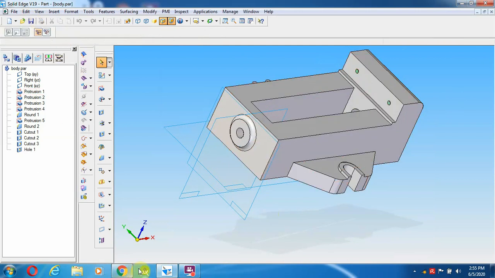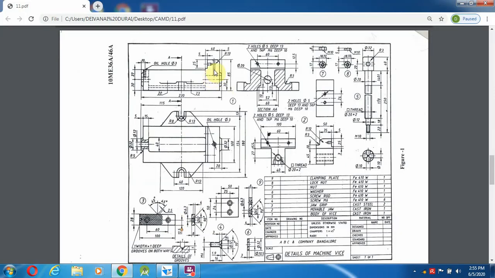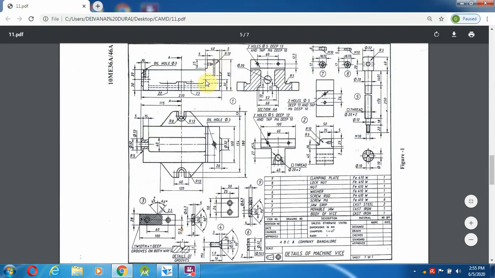Then what is the next thing? The top, from here to 10 mm distance. From here to 10 mm distance, oil hole of 3 mm. On the top it will look like a countersunk. Okay, so countersink.